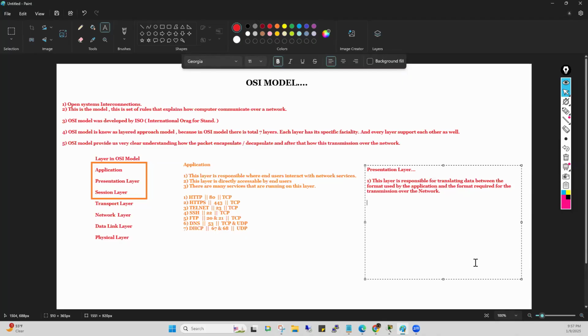So maybe from the application layer you will get the data in a different